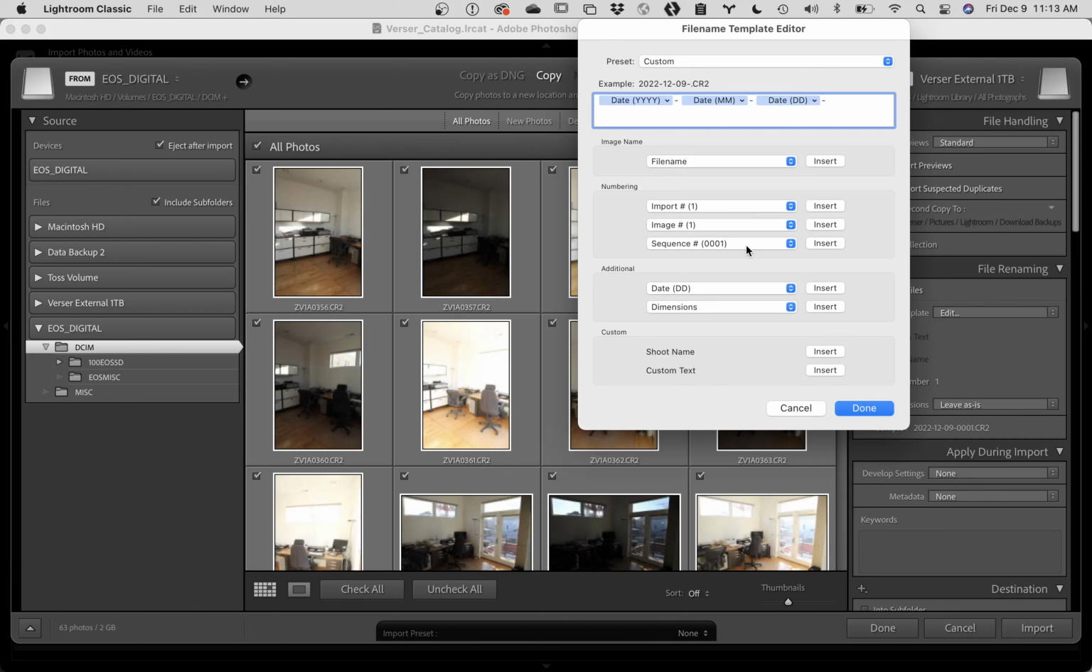I actually do use a sequence. Typically for me, I don't shoot more than 999 images for one set. But in this case, there's been some debate. I've actually decided on doing a 4-digit sequence number, which will let you get up into the thousands. So I'm going to pick this